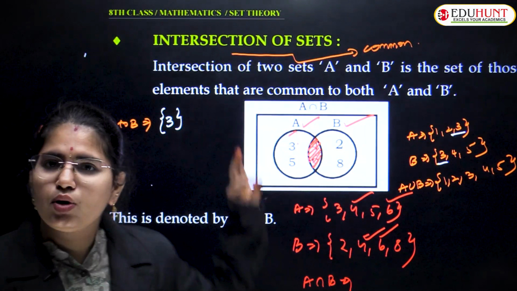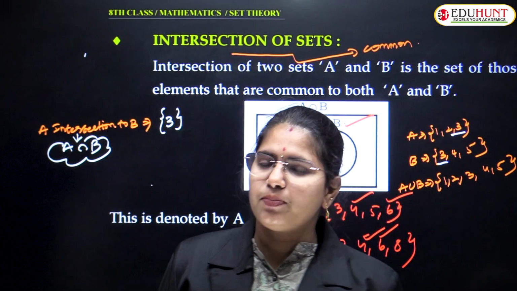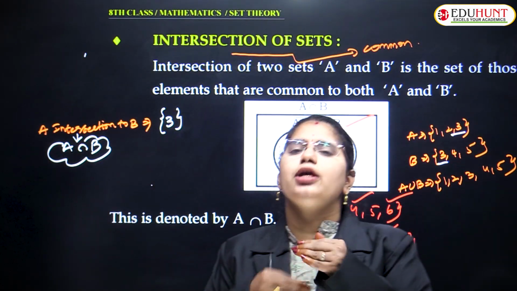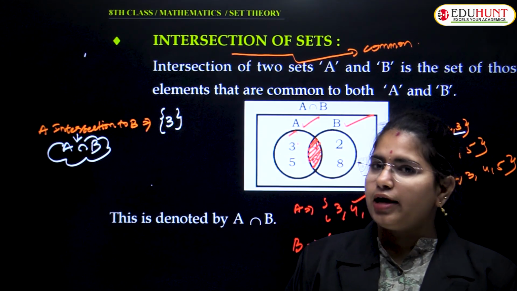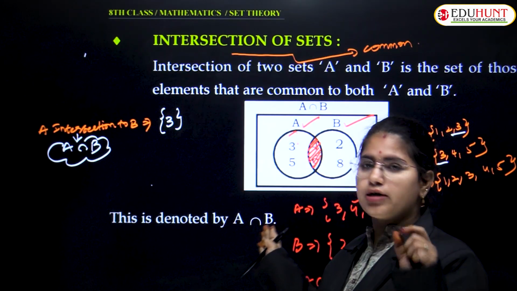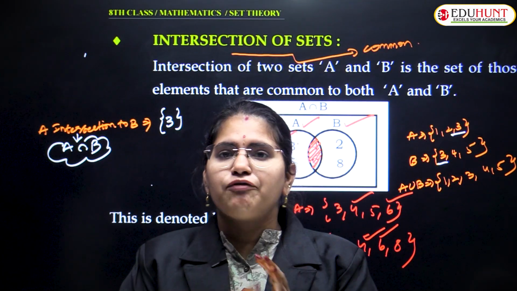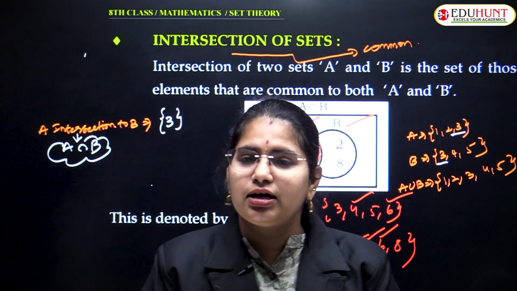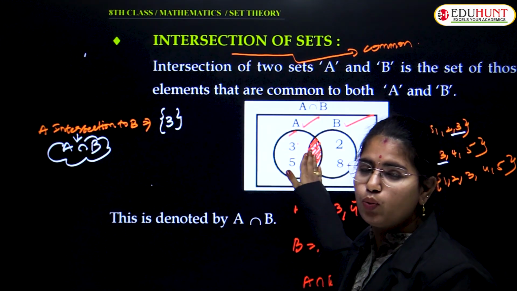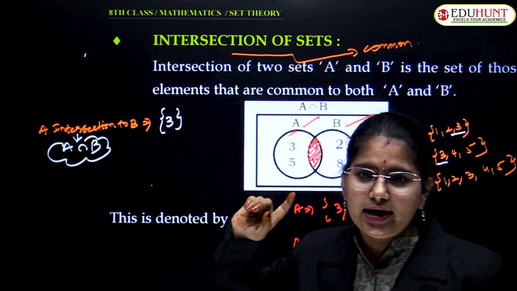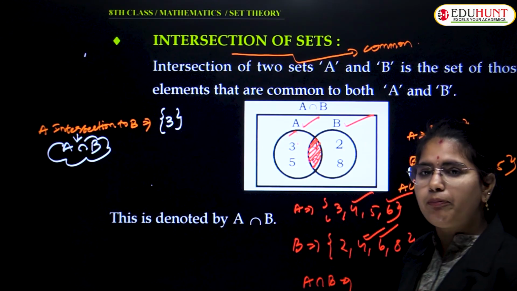Understood about the Venn diagram of A intersection B? I want to repeat one more time. What is A intersection B? If you find any common elements between two sets, then you will find the common intersection part. Whatever common elements are there, only those you will put in the A intersection B part. Got it? After writing, you express it in the diagrammatic format: in the common part, the common elements you have to put there, right? Am I clear with the second operation of sets?